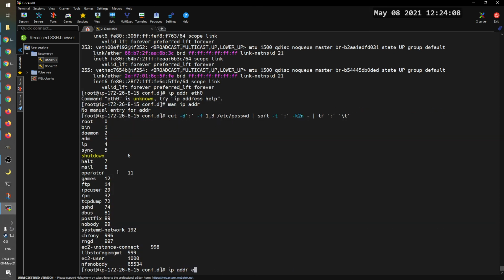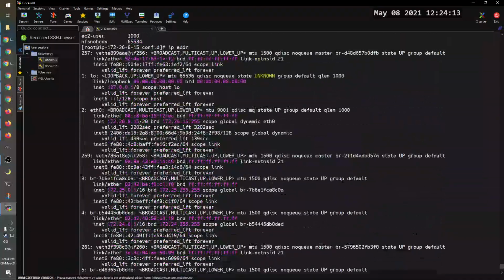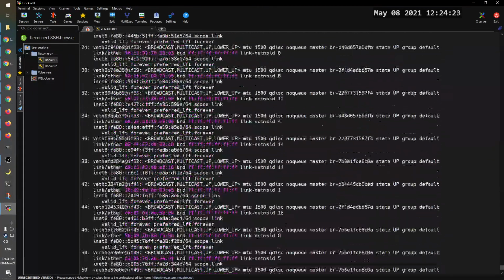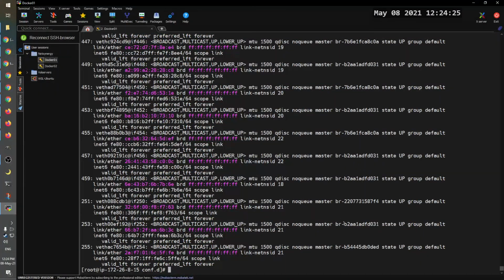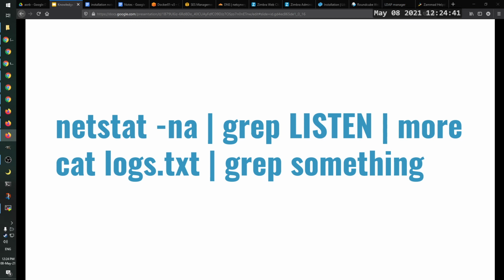Why we need this one-liner or pipe thingy is because, for example, the IP address output is so long. If you want to extract this line, you need to use this type of pipelining to reduce all this unnecessary thing. For another example that I normally use,